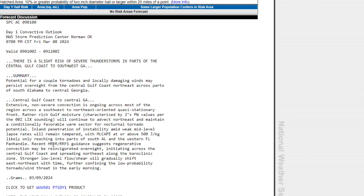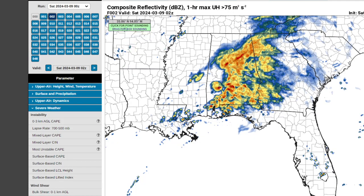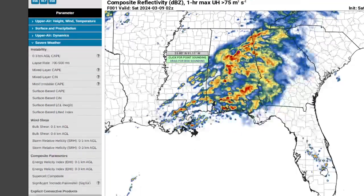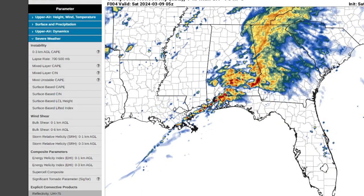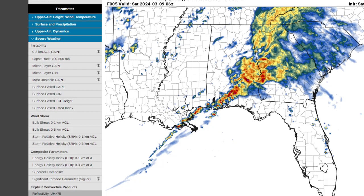Convection will probably still be there throughout the morning, and we are expecting a chance for severe weather overnight. And let's look at that using the newest HRRR run. So you can see here we have a lot of messy convection right now over the southeast United States. HRRR thinks it's going to dissipate a little bit, and we're going to get a little bit more fluid of a line of storms here, probably with a tornado chance mainly in here. Up here could be some hail. I'm surprised they dropped the 5% hail, but we could probably see a hail risk in this general region,